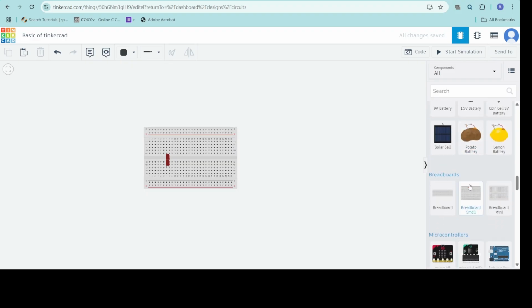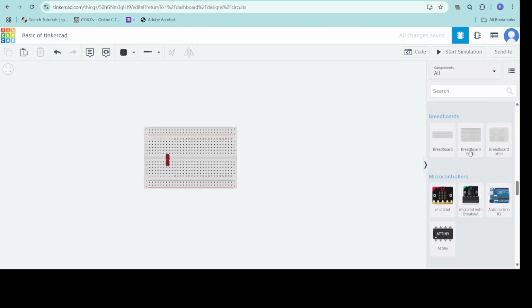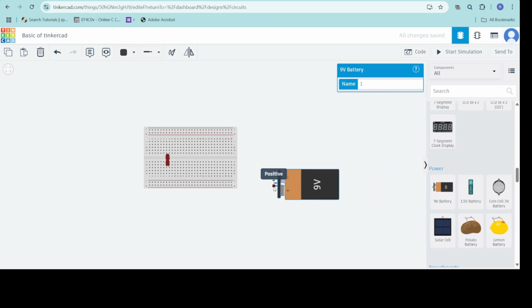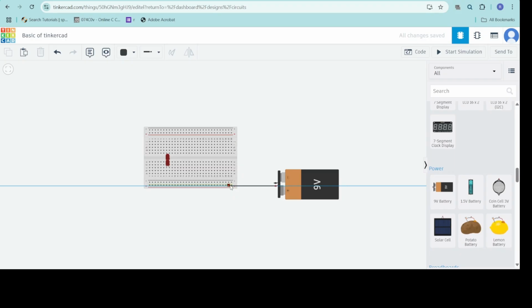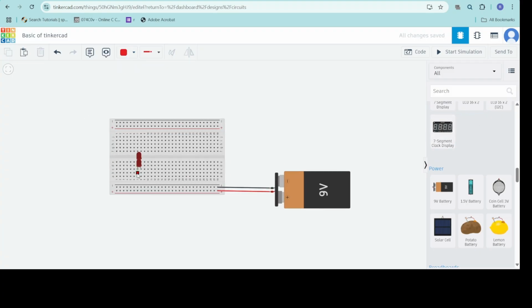Again, I'll take a battery and place it here. So I'll connect the positive of the battery to the positive rail on the breadboard and the negative of the battery to the negative rail. I'll again change the color for the positive rail. Now I'll connect the cathode of the LEDs to the negative rail. I'll again change the color,